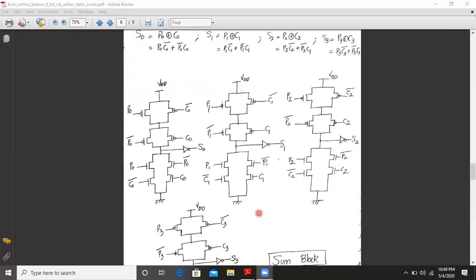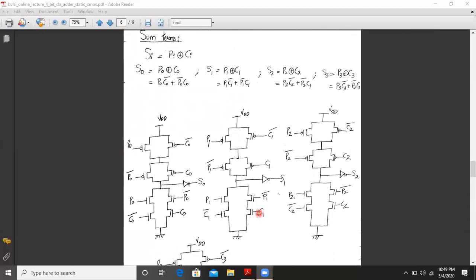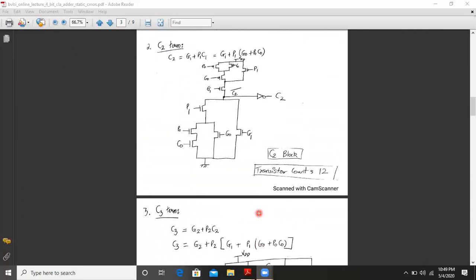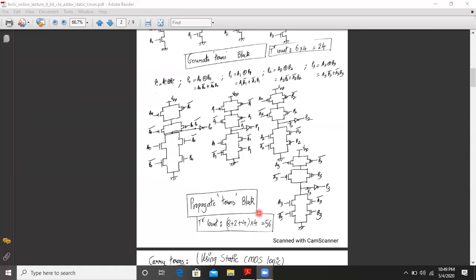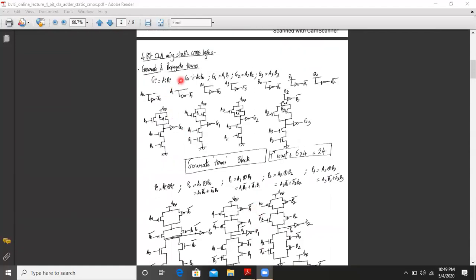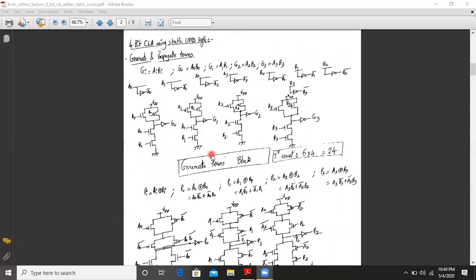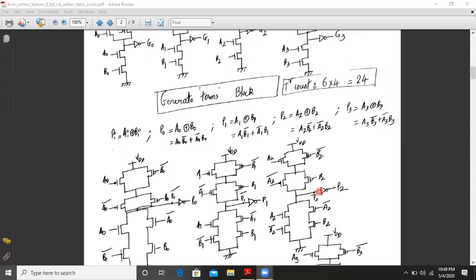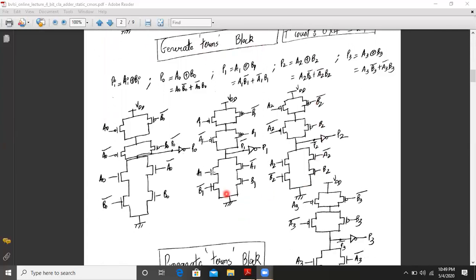Now we are ready with the entire design. I'll just glance through whatever we have done so far, and then we will try to implement it using LTspice. First we designed, using CMOS inverters, the generate terms G0, G1, G2 and G3. Then we designed the circuit for the propagate terms P0, P1, P2 and P3.